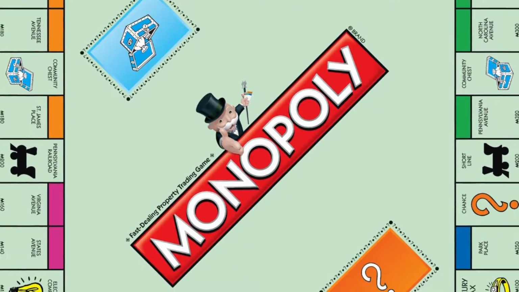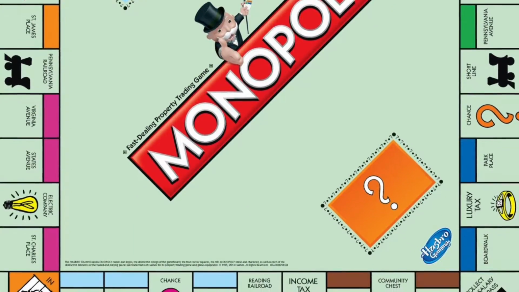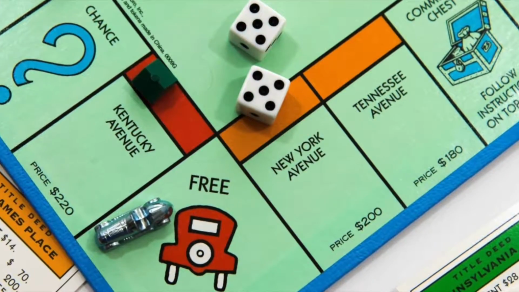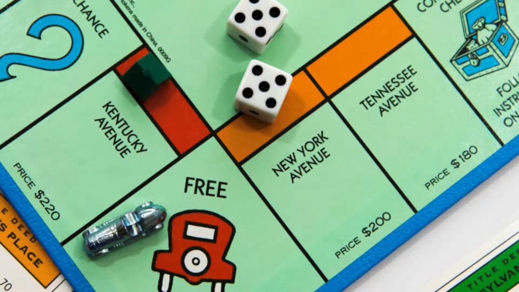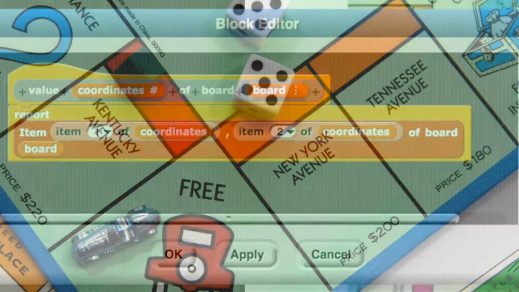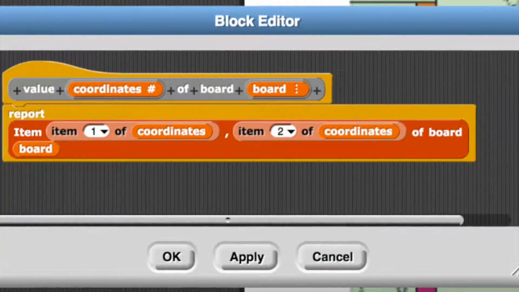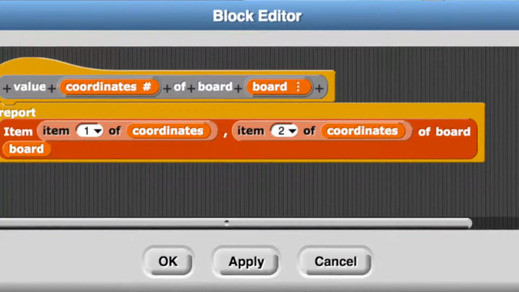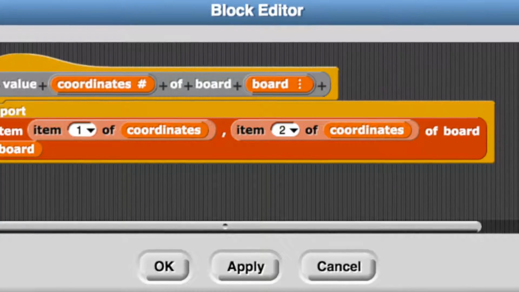For our final project, we used Snap to implement Monopoly. Monopoly is a board game consisting of 40 spaces with 28 properties separated into 20 streets. There can be up to 4 players, and each player begins the game with $1,500. At the start, each player rolls a dice to determine the order of play, with the highest value assigned as